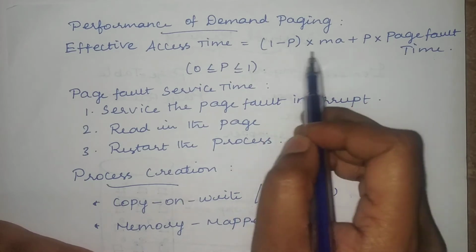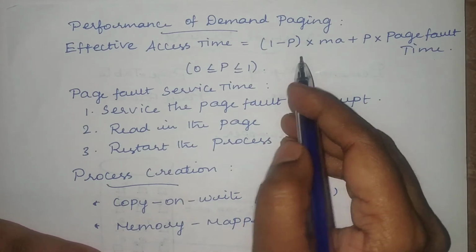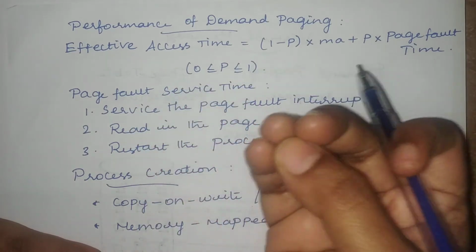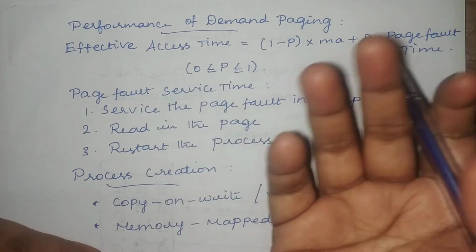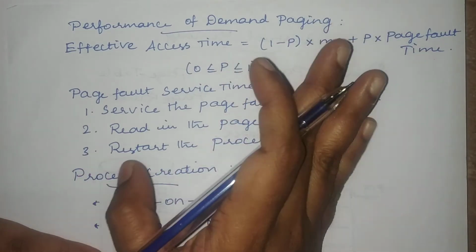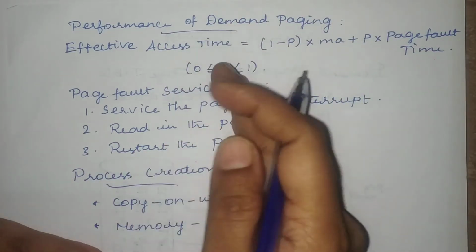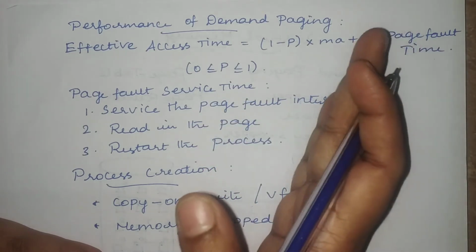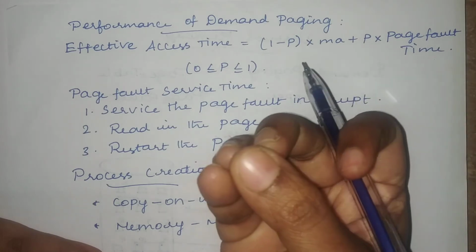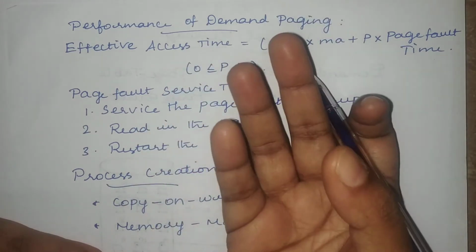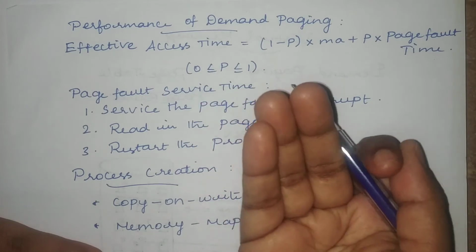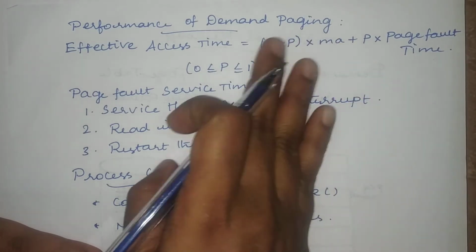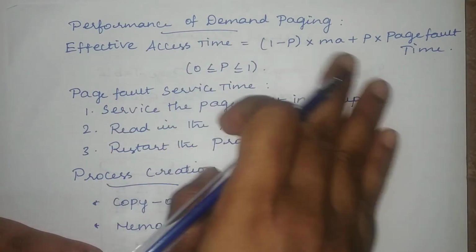Suppose you don't have any page fault, so this is the normal execution time. For example, if it needs only 100 nanoseconds to get a page when there is no page fault, then it needs only 100 nanoseconds. Suppose there is a page fault, then some extra time will be added, like 50 milliseconds or 50 nanoseconds, added to the regular execution of the process. So this is the page fault time if a page fault occurs. This is the way of calculating the effective access time.